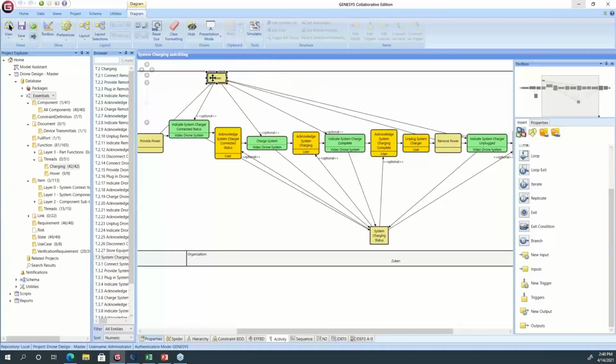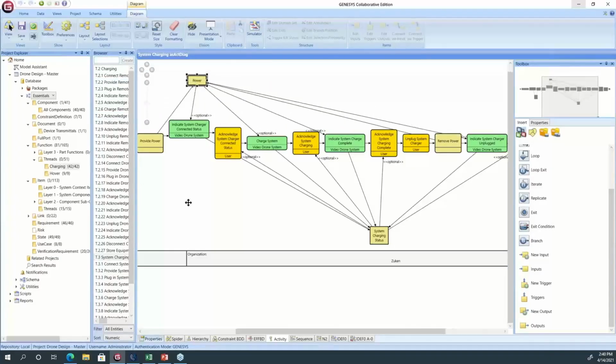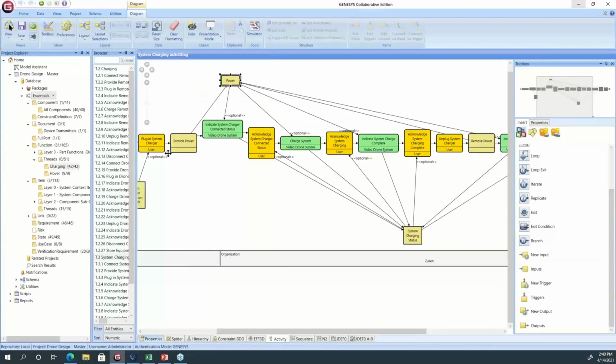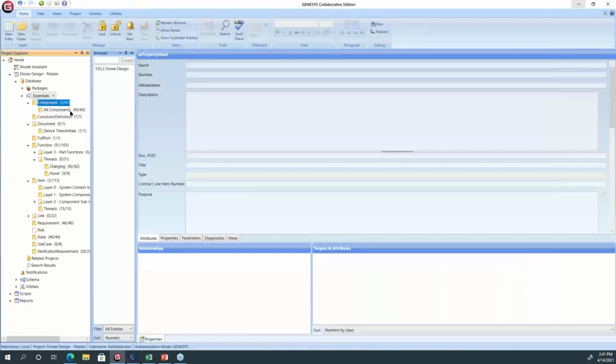And so I've just added power to it. Now, you can see that there's no definition of who's done this, who's provided the power. Well, I haven't really added the components. So now I'm going to go back to the system context,